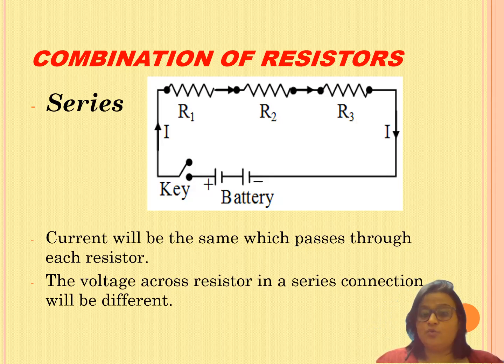The current will flow, and you will observe that the current will be the same in all three resistors, R1, R2, R3. The same current will be flowing, and again it will come to complete the circuit. But the voltage across the three resistors will be different. Whatever the total voltage we have taken will be distributed among the three resistors, because three we have connected. So remember, current will be the same, the voltage will be different in series combination, right?